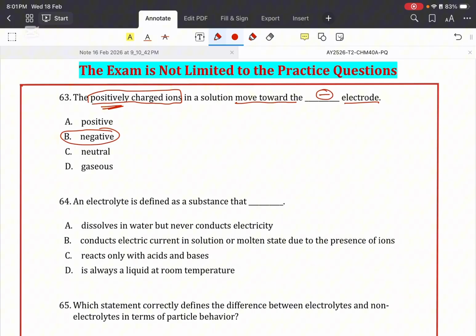An electrolyte is defined as a substance that dissolves in water but never conducts electricity. This means this is the definition of a non-electrolyte. An electrolyte conducts electric current in solution or molten state due to the presence of ions. The ions are the ones responsible for conductivity. So